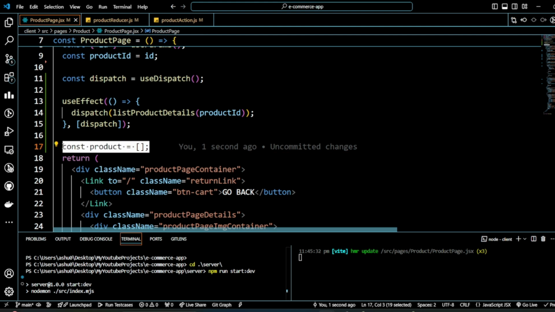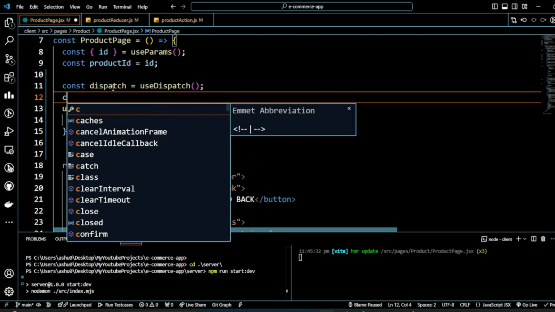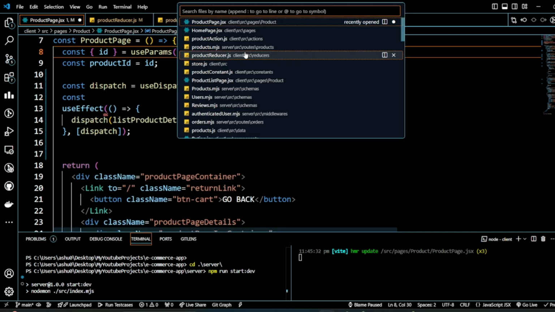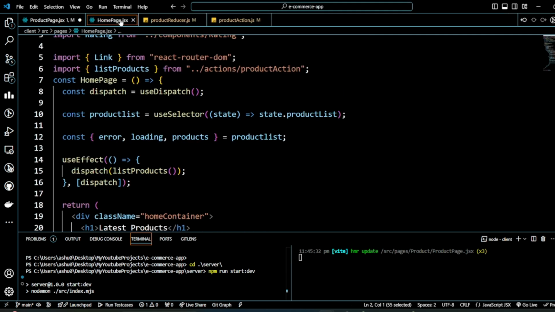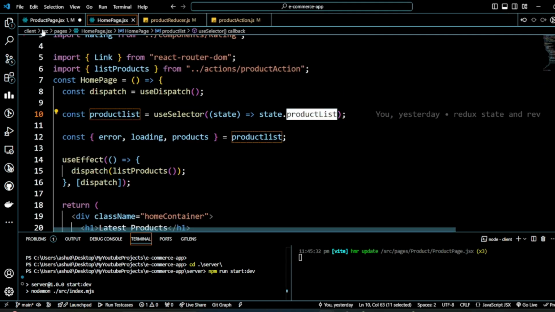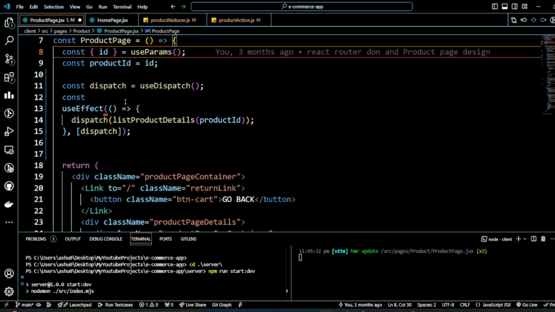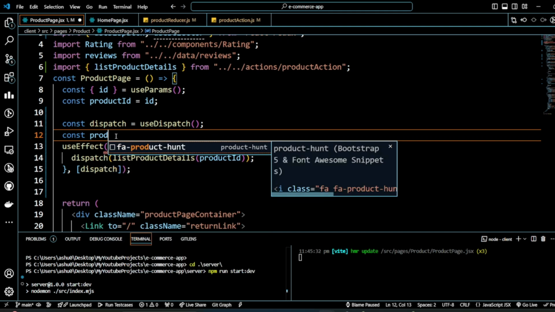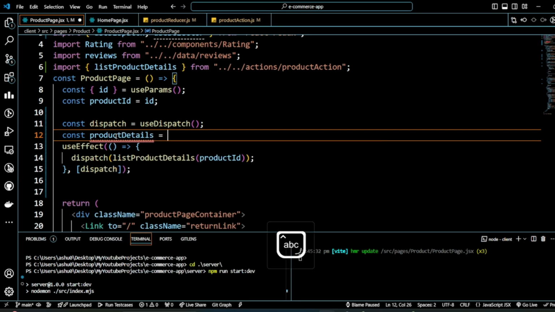So let's remove them now, and let's use our useSelector here. Let's see how we have done it here. We're going to do the same way. I'm going to copy this actually, or we should design it from the beginning, no worry. Let's come back here, product details, maybe details equal to useSelector,